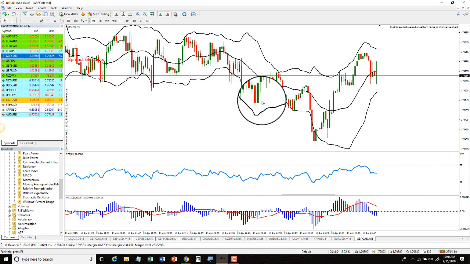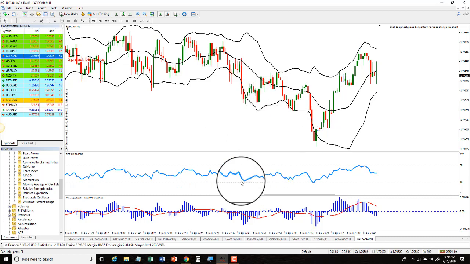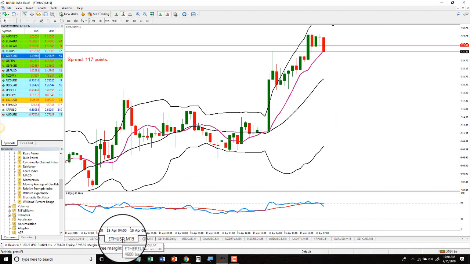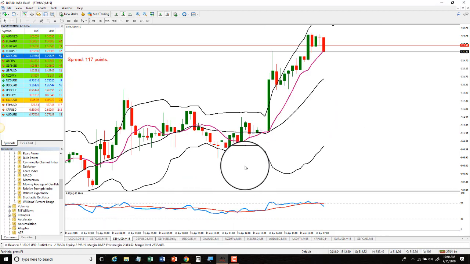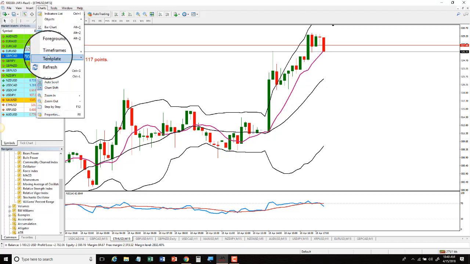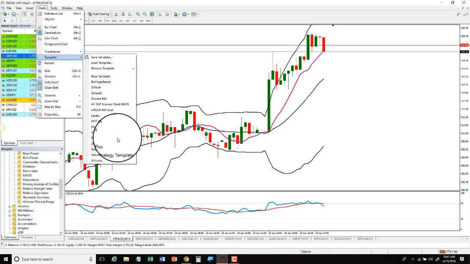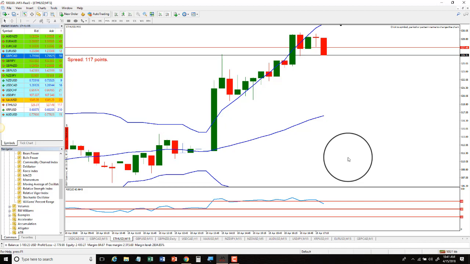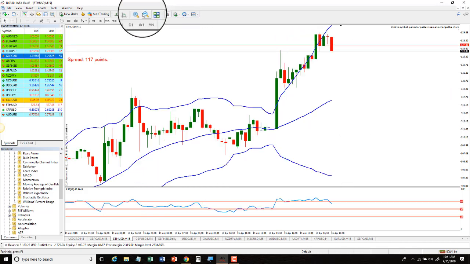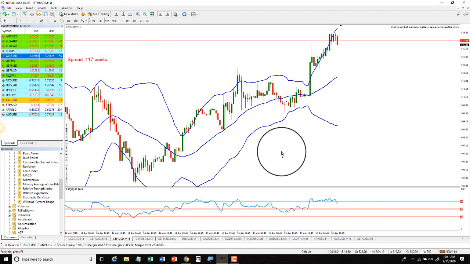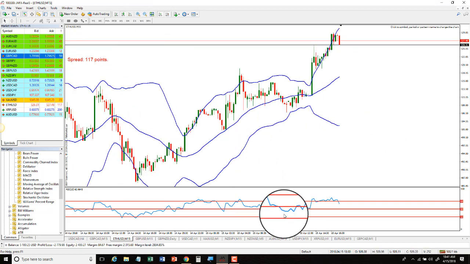And let's say I'm using this one for a particular strategy, and I don't use it for crypto. Let's say I got my crypto here and I use a completely different strategy with completely different indicators. I can go back to charts, come to template, and go to a particular crypto one that I set up, and there you go, boom. All right, so that's it, guys. That's how you create templates using your different indicators, and how to save them,